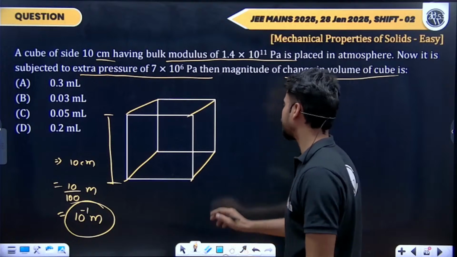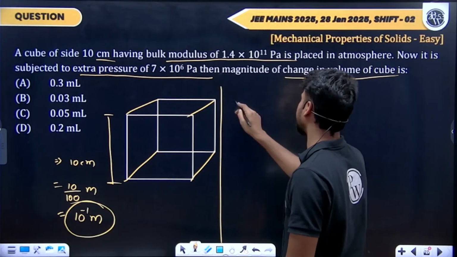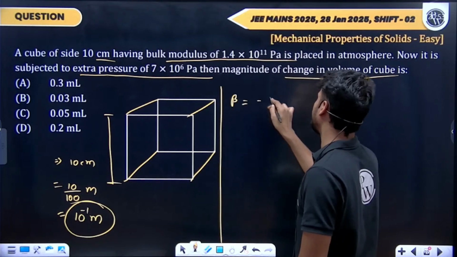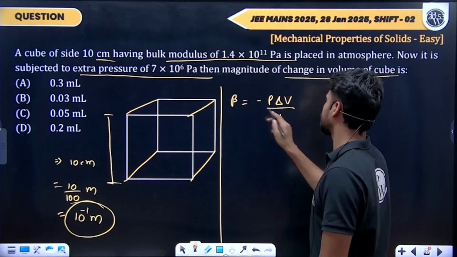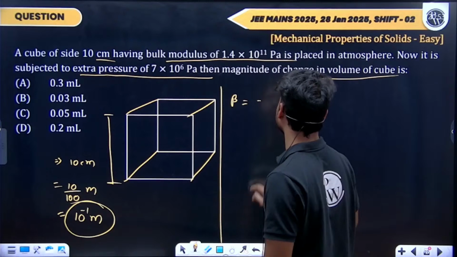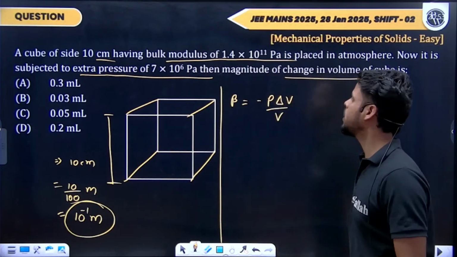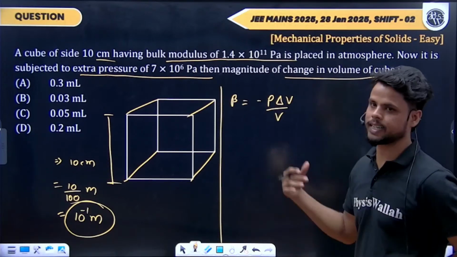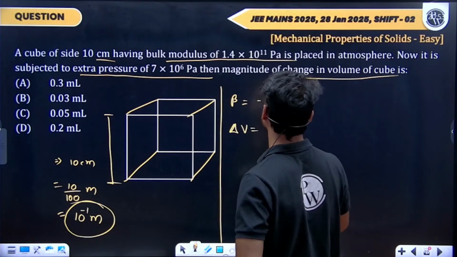So from here with the help of a formula we can directly say that bulk modulus is minus of P delta V upon V. From here now we will be putting in the data directly and solving it. So from here we are getting change in volume equals to